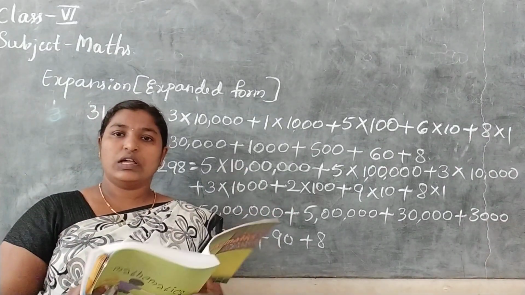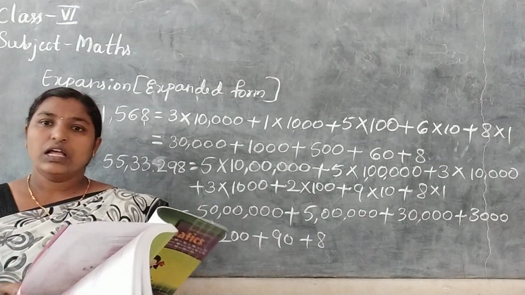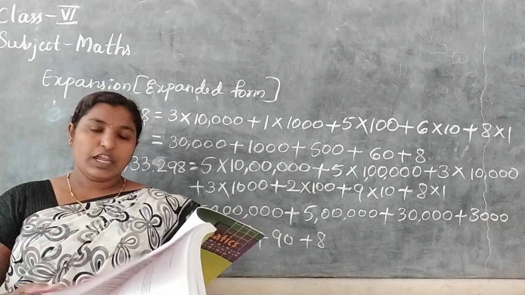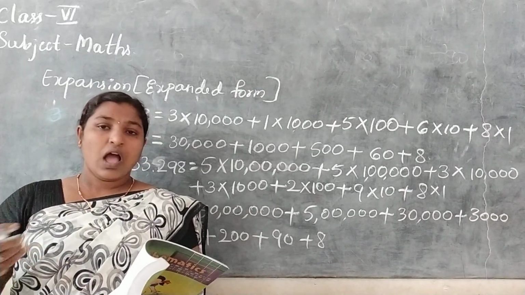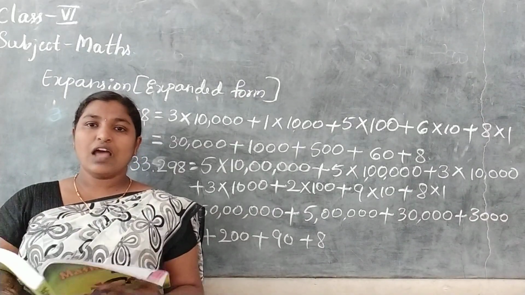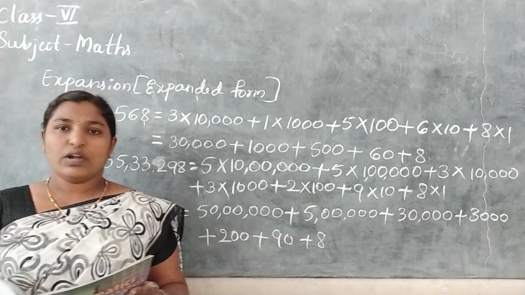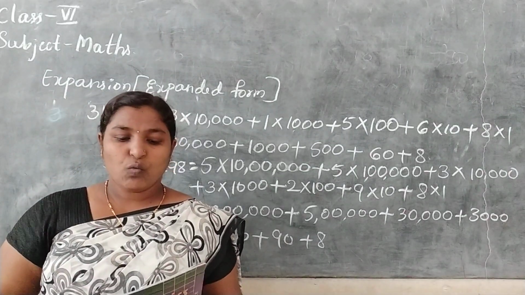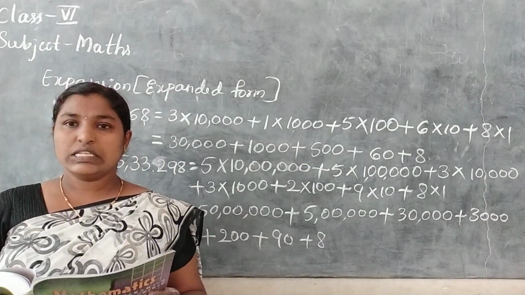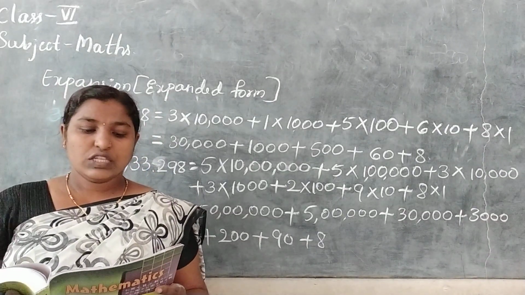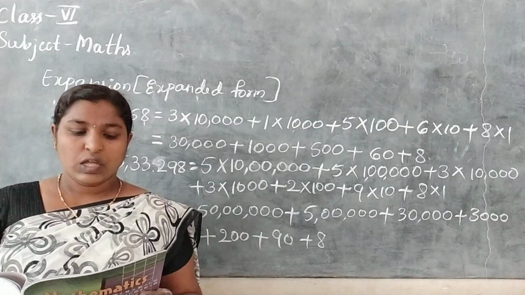Like that only we should write the number, then it is the number names, and then introducing of 1 lakh is over. Now larger numbers, how the larger numbers are formed. Just look at your textbook. If we add 1 more to the greatest 6-digit number, we get the smallest 7-digit number. It is called 10 lakh.